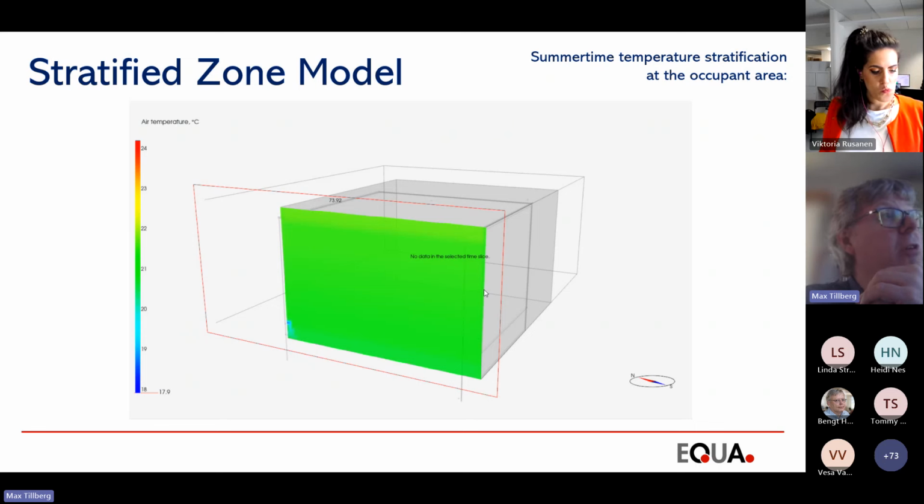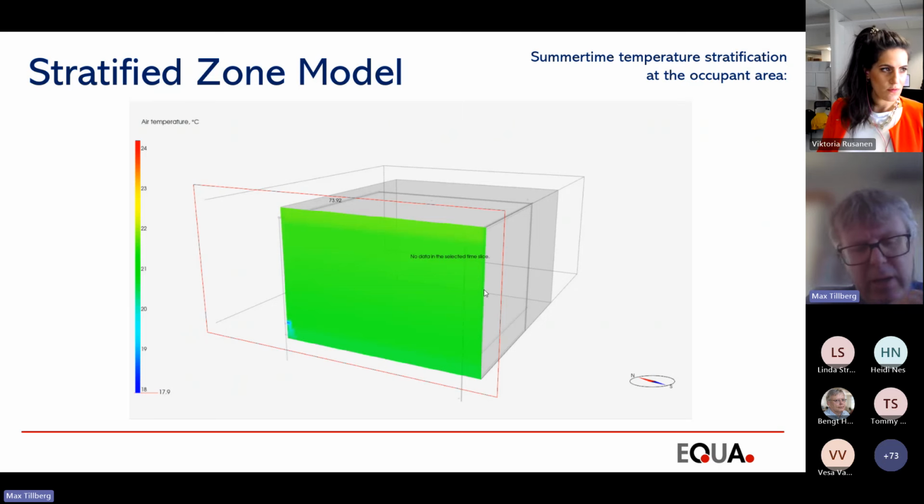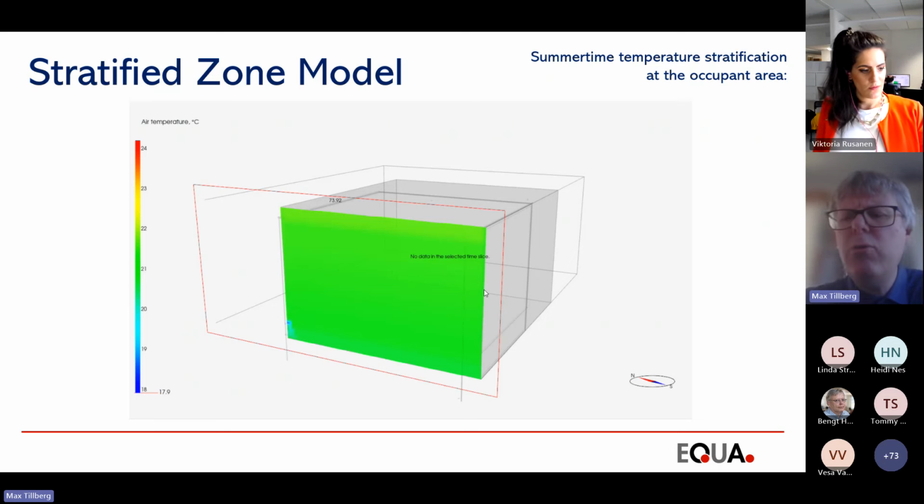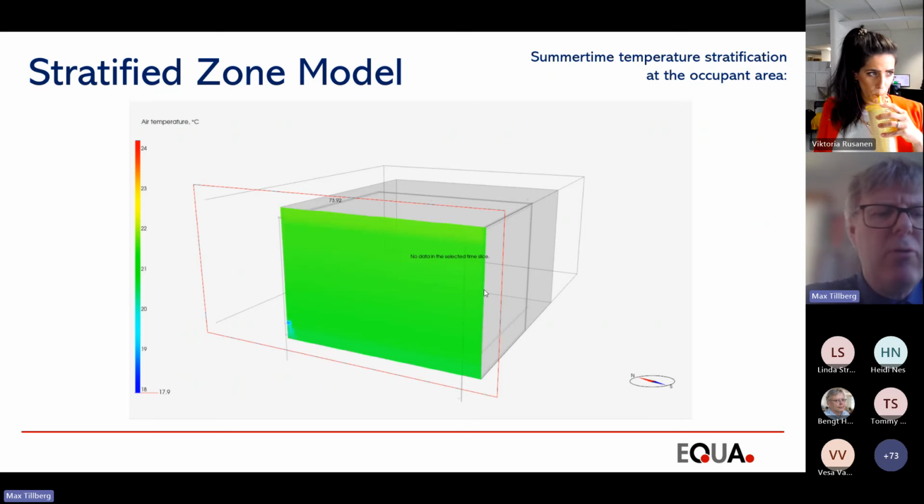We also have this concept of looking at the airflow, cold draft, and so on. You should be, as I mentioned before, a bit careful with that. It's mostly intended for getting the correct boundary conditions for the stratification, but